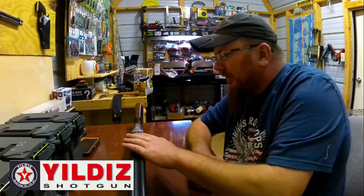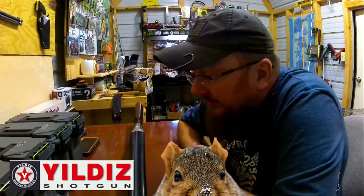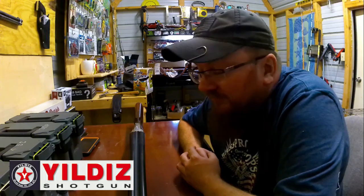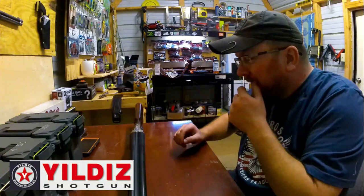I figure once I get done checking it out and letting you all see it, I'm going to take it out to the woods and see what it can do against some squirrels. And you know, there's no better test of a firearm than to use it in a real world situation. So I figure if it gets me a few squirrels, then hey, it was worth it. But again, this is a Yildiz,